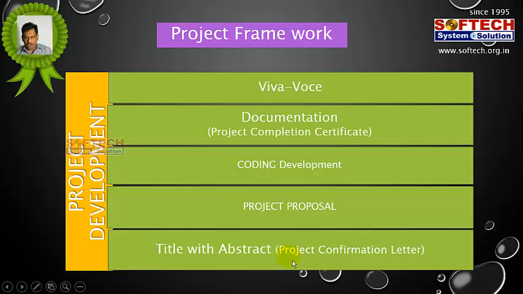Then they want to describe the tables, because for example a project consists of 5 tables. Each and every table has some description, its functionality. The students want to describe the table functionality and the table structure, that is field name, field size, field type, field description. Then they want to describe the connection between the modules and tables. So this is the table structure and table description.